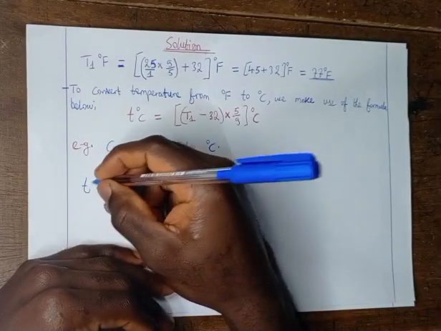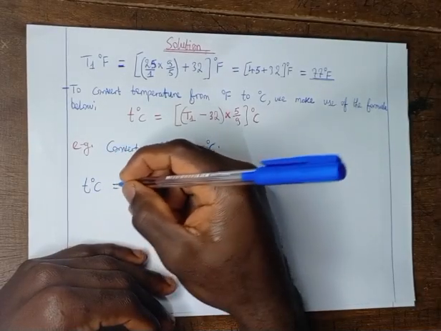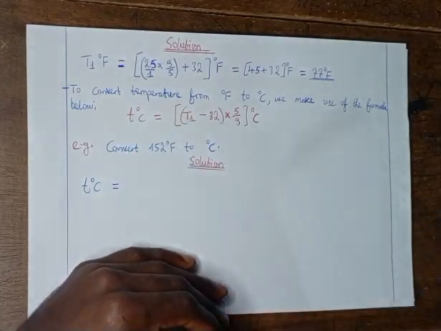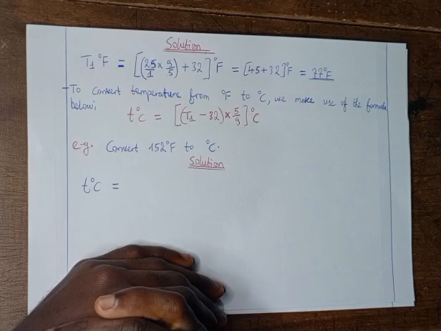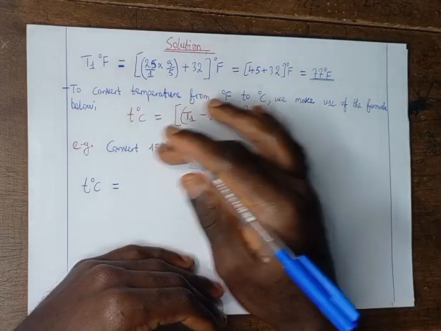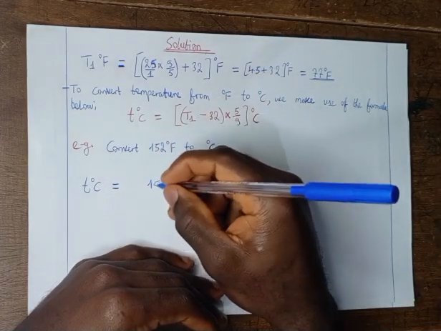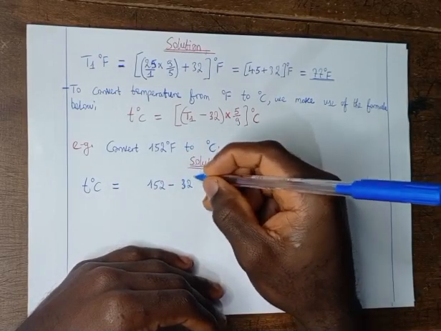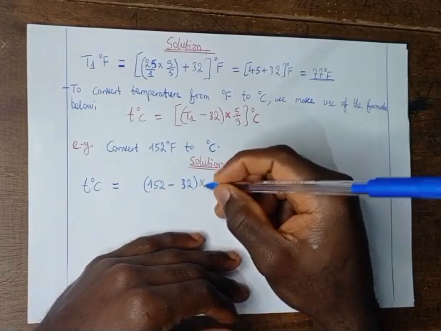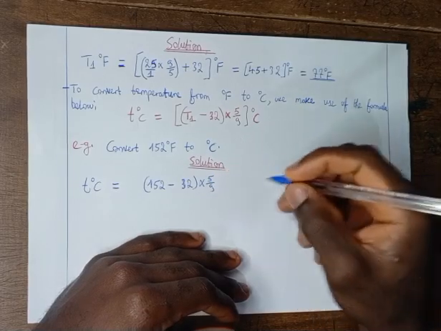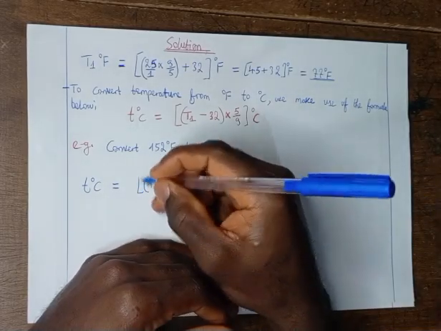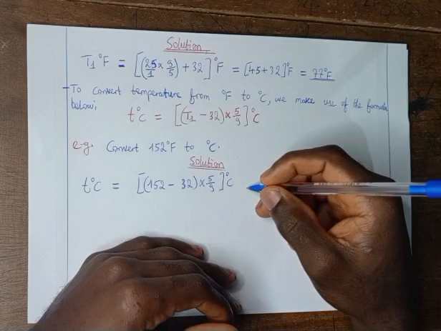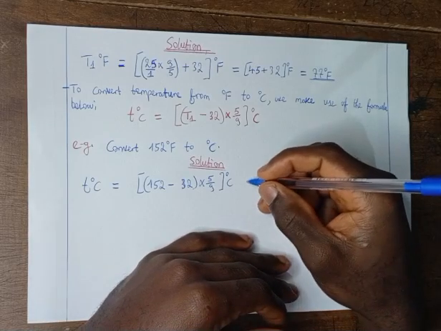Our temperature in degrees Celsius will simply be equal to, we are going to take the value of the temperature in degrees Fahrenheit, we subtract 32 from it. The value is simply 152 minus 32. Then we multiply the result by 5/9. Then the unit will simply be degrees Celsius. This will simply give us